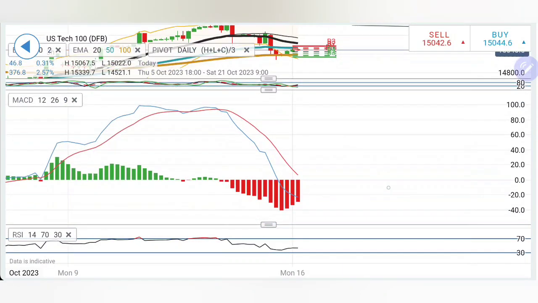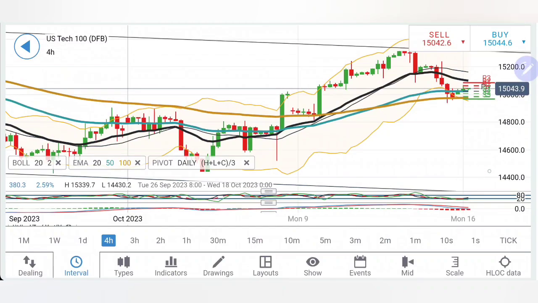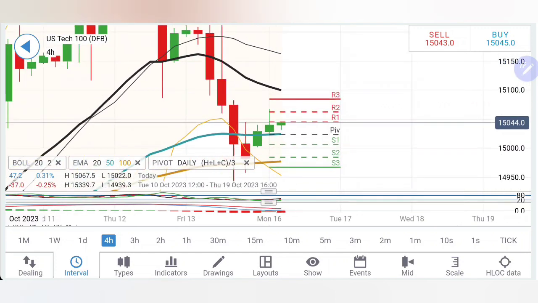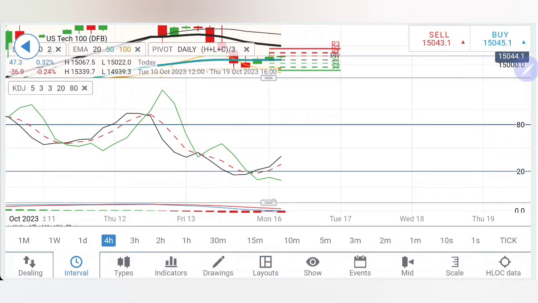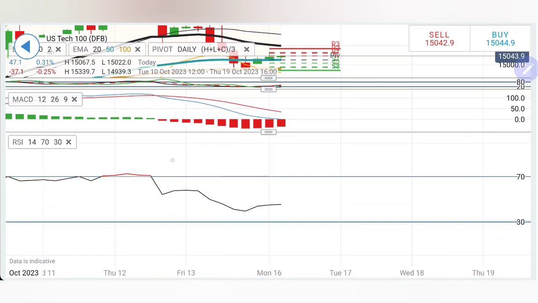Stochastic rising from the bottom, MACD is bearish, it can possibly converge. Thus, a little bullishness from here, 15140, 150 levels can be expected. RSI is staying flat. Coming to 4 hour chart. Now, on the 4 hour chart, preceding two candles are bullish, but see, the body size has diminished. This suggests that there is lot much of pressure from the upside, and hence only buying entries beyond 15070. We can expect 15100, 140, 50 levels as the next target. Stochastic rising from bottom, MACD is still bearish, and RSI is staying flat.